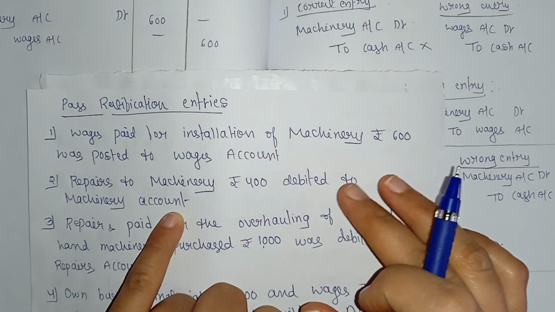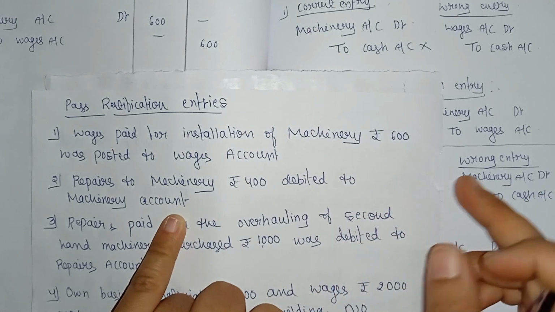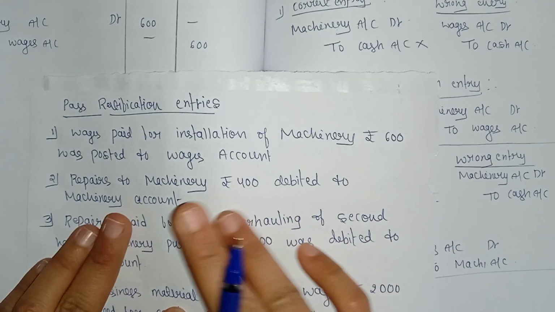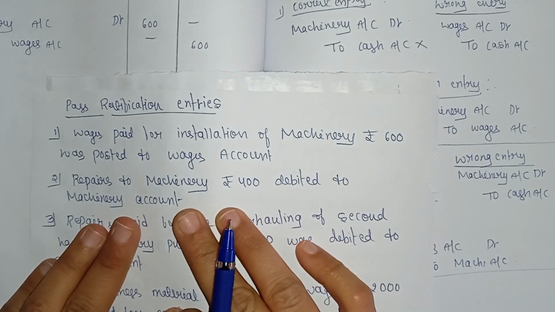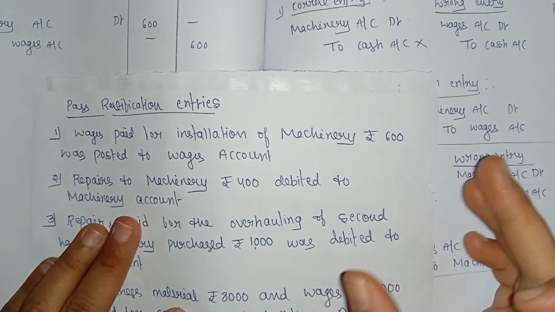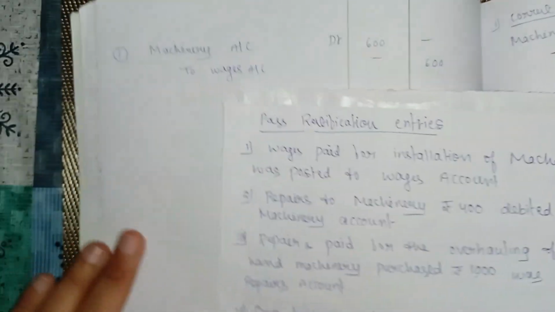Here only we can pass the rectification entry. Instead of debiting the machinery account, we have to debit the repairs account, and we need to cancel the machinery account here. For that, what do we have to do? We have to credit the machinery account. For cancellation, we need to credit the machinery account. Okay, that's it. So write down